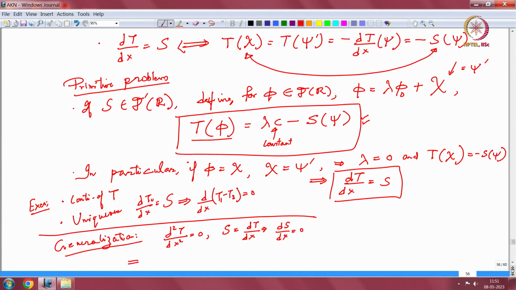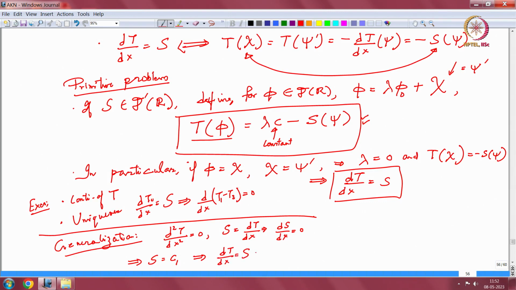That will imply S is a constant, say c1, S equal to c1, S equal to c1 means T c1, the corresponding this one. That implies dT by dx equal to S,